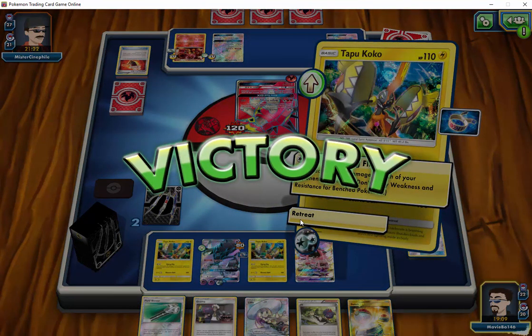Oh, we get the victory screen. Okay, well that works too. So I think this list has a lot of answers for the different ways Volt can be played. Now that we've updated it to be a more aggressive build, I think it's really nice. So hopefully that's helpful, seeing it in action against one of the decks we used to have